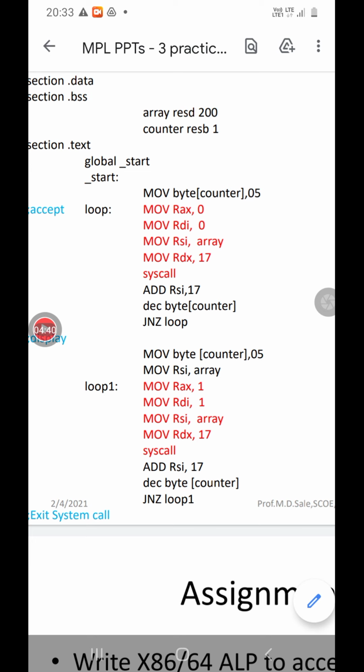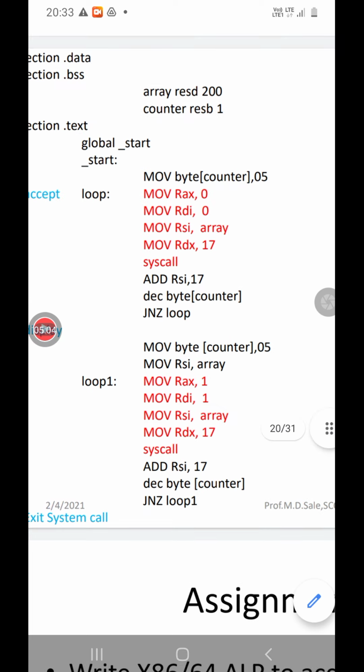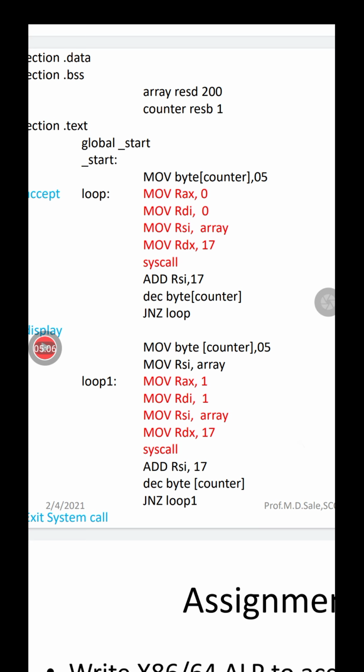That means we are entering a value like 1 5 6 3, like this we are entering 16 digits from the keyboard. How are we entering the 64-bit number from the keyboard? We are entering the 16 digits from the keyboard, that is 1 2 3 4 5 6 7 8. Likewise there are 16 digits, that is your first number. Then we press the enter button, and after that we enter the second number, that also consists of 16 digits.